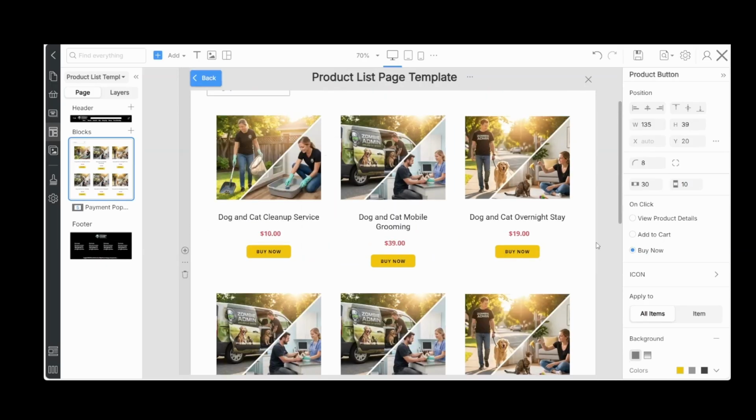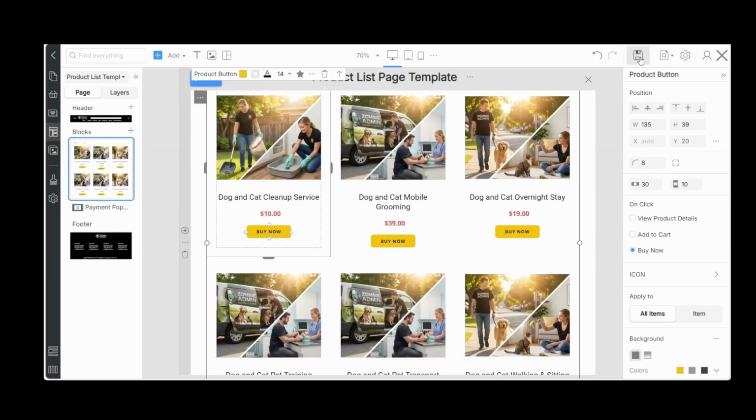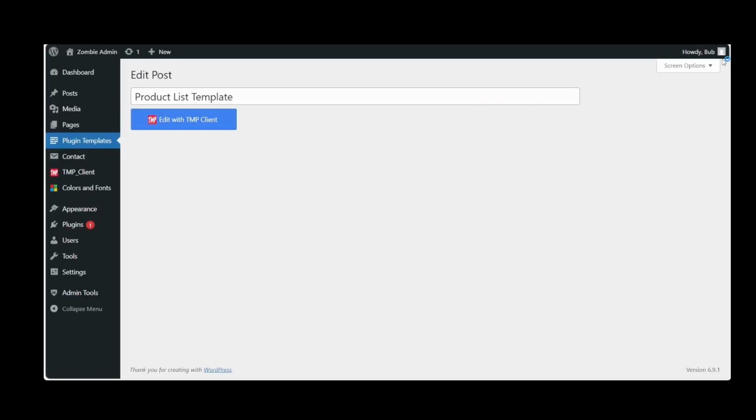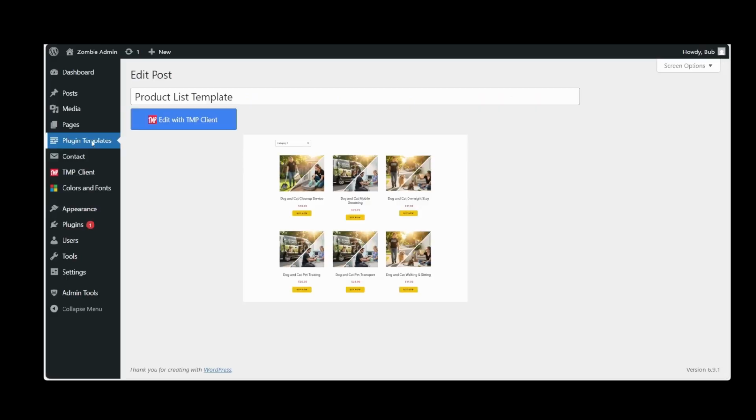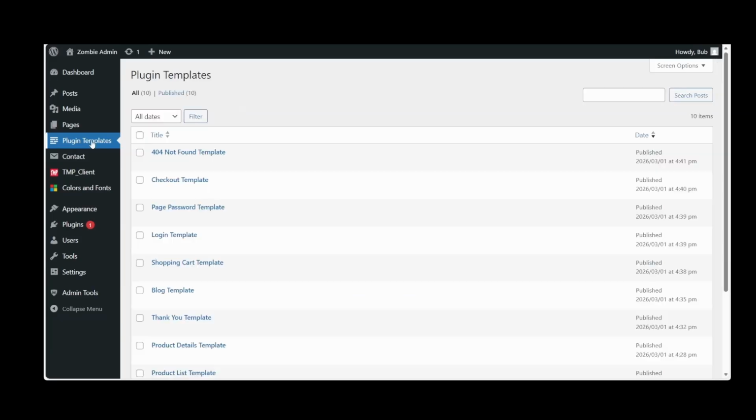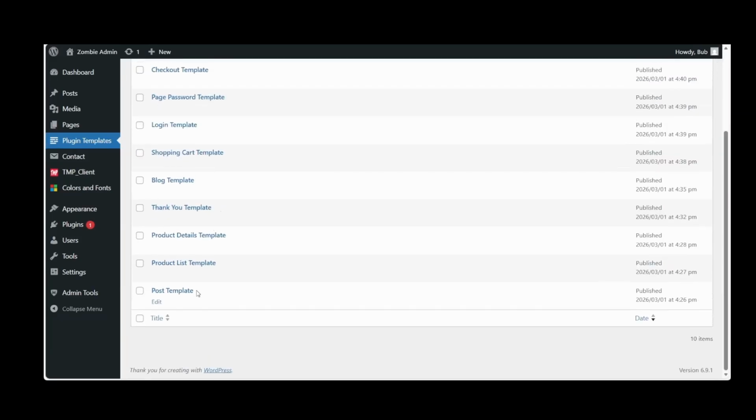That's pretty nice. And don't forget to save. Now let's X out. Let's head back to Plugin Templates. And we are going to choose now Product Detail Template.